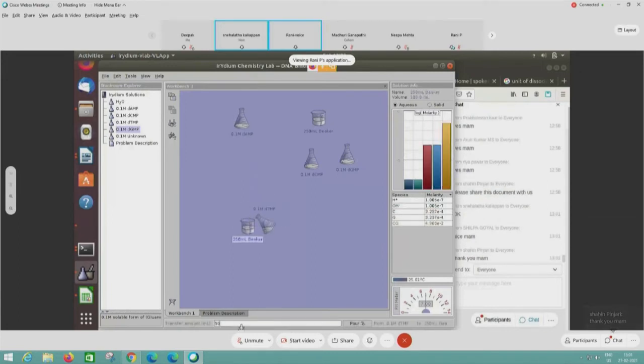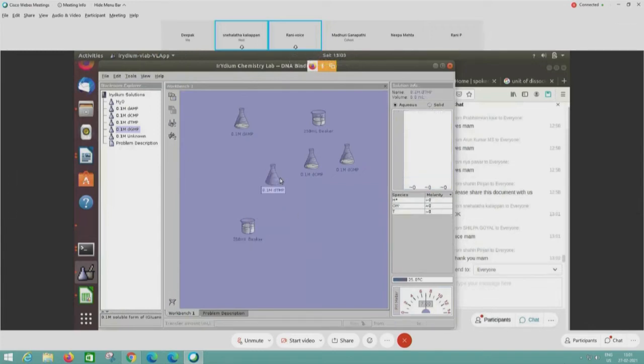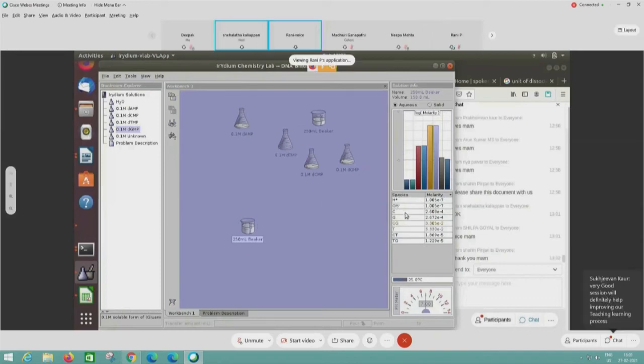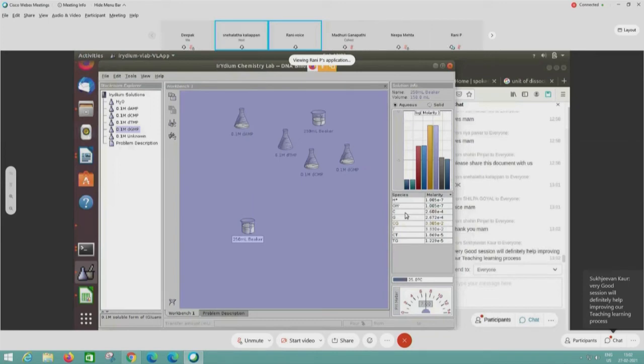Let me add 50 ml of T. Now notice that we have several species in the solution. The pH is still 7 because all our starting materials are buffered at 7. C and G. However, the amount of CG has changed. The T has bonded, partly with C and part of it with G, but in very low amounts, in the micromolar range.